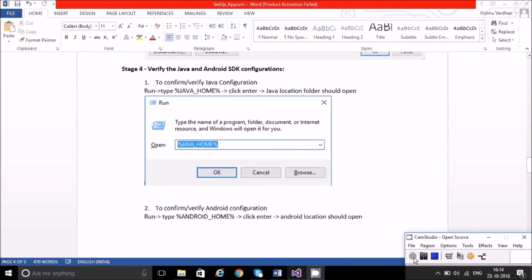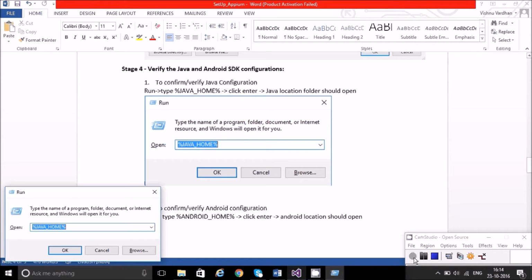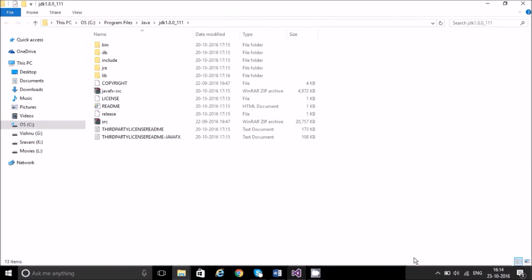Coming to fourth stage, verify Java and Android SDK configurations. We already set Java and Android SDK environment variables, but we need to verify or confirm whether the configurations had been set correctly or not. To verify that one, open run, type %JAVA_HOME% and click on OK, where the Java bin location